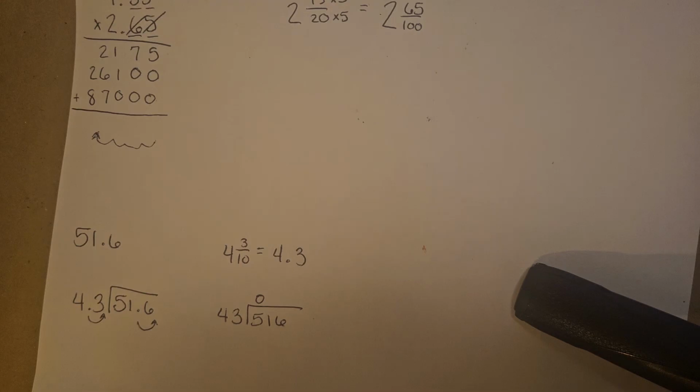So that means that this is our dividend. It's going to go inside the division bracket. And this is our divisor. It's going to go on the outside. When we divide decimals, our divisor wants the decimal to move all the way to the right. So for it to be all the way to the right, it's going to move one spot. So now this is going to look like 43. The dividend wants to copy whatever the divisor did. So since this one moved one jump, this one moves one jump. So now our problem looks like 43 and